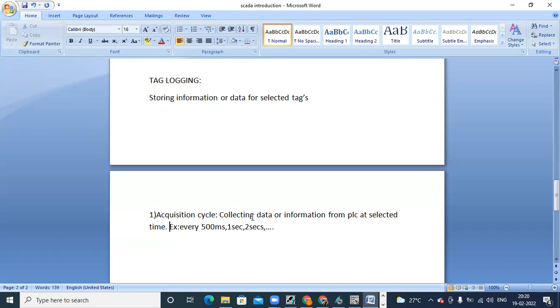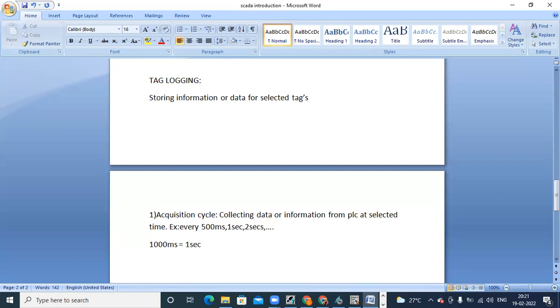So if I say 500 milliseconds, 1000 milliseconds is equal to 1 second. So if I'm storing data every 500 milliseconds, in 1 second I have two values.